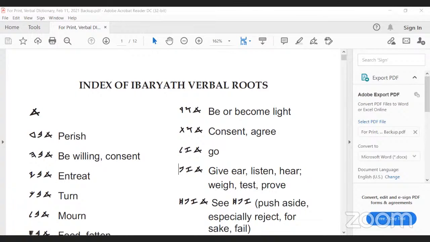So these are 3 pictograph verbal roots. So here's a little bit about verbal roots, okay? This is the A pictograph, okay? And those of you who've been in the course, I will just review briefly. This is position 1 on the far right. This is the pictograph occupying position 1.